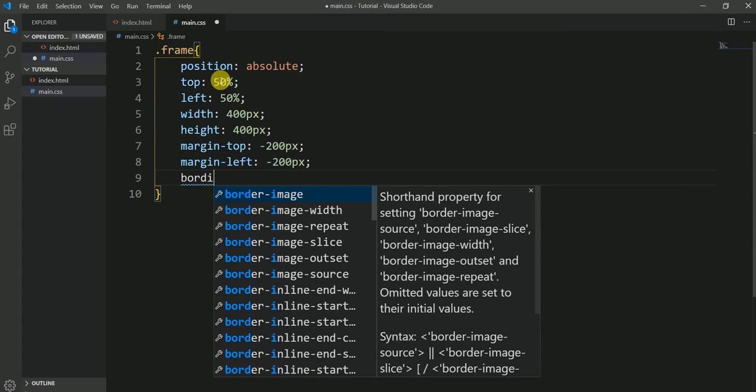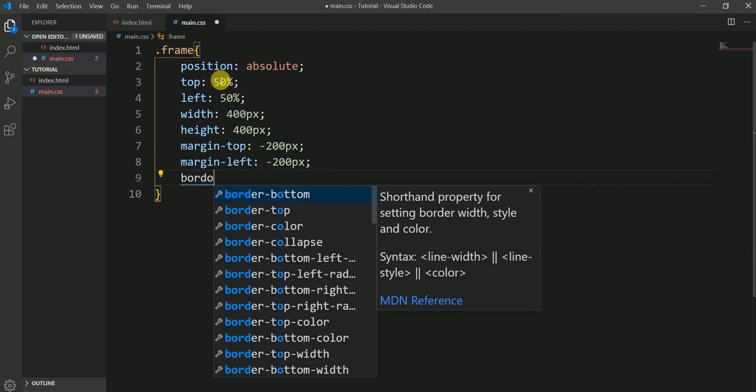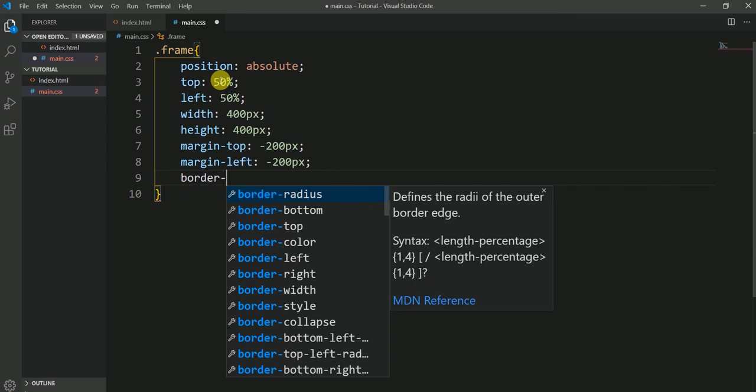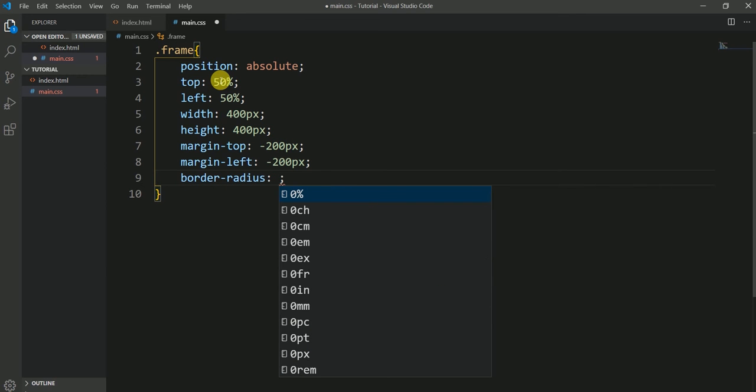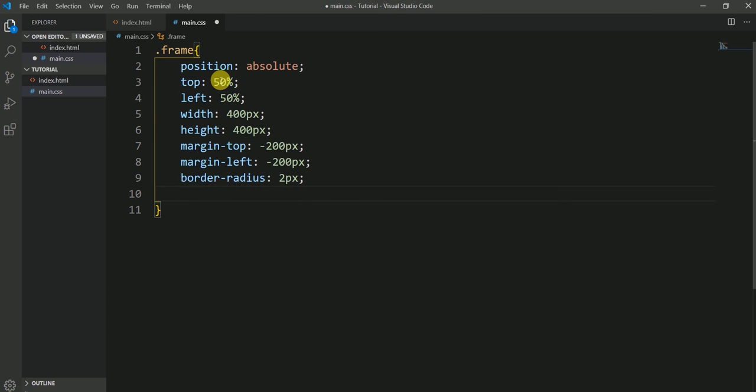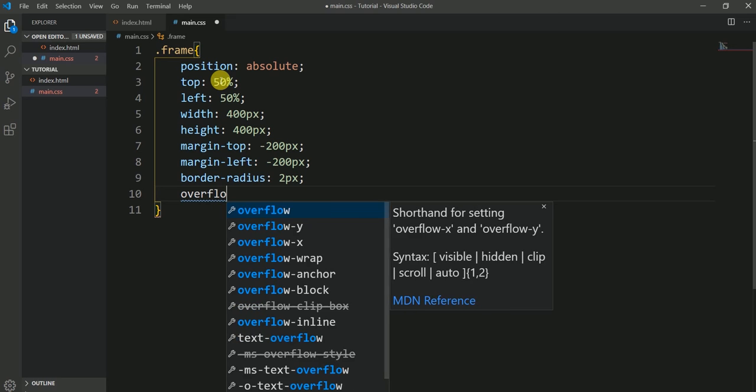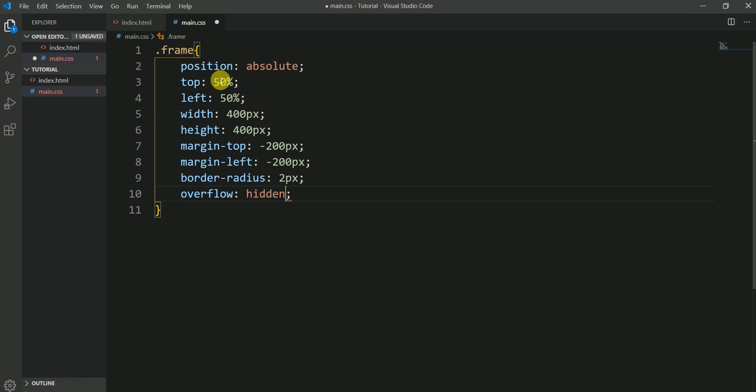I want to go with a bit of radius. I want to say border radius. Here it would be 2 pixels. I want to have overflow hidden. Now I would like to get the class of background. So here I'm using my background1 class. So background1,